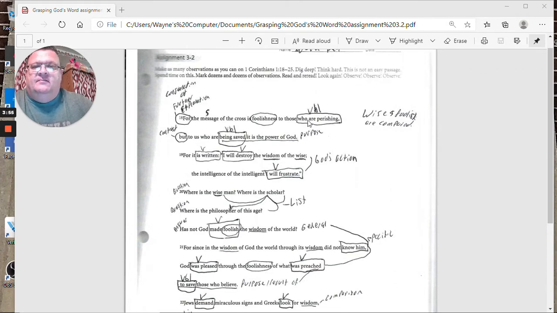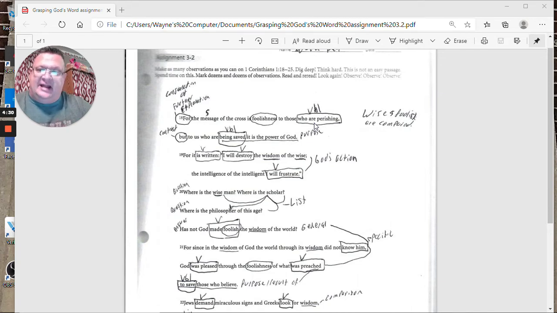Participles are verbal adjectives. So it's describing something about someone else. What is the person doing? Well, they're perishing. So you're describing a person through the action. So that's how you can identify them. Who are they? Oh, those are the ones that are perishing. So those are participles. They're verbal adjectives. So it's describing the actions of someone. The man running over there. That's a participle.